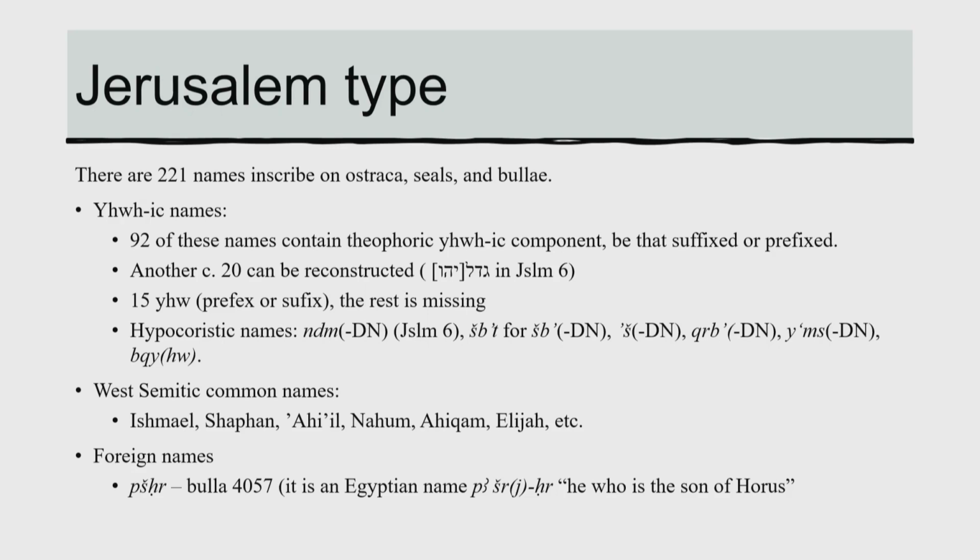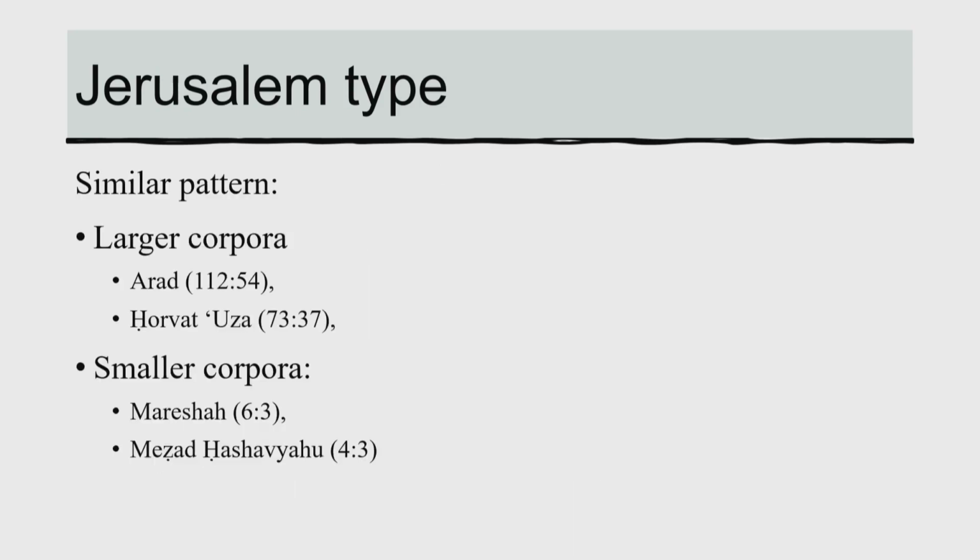So this is a so-called Jerusalem type, in which most of the names contain the Yahvistic theophoric ending. In similar larger corpora, we can find similar composition in Arad, Horvat Uza, and in smaller corpora we find it in Maresha or on other sites. So thus I propose that there are certain sites where, when we look at the names, they have a very strong